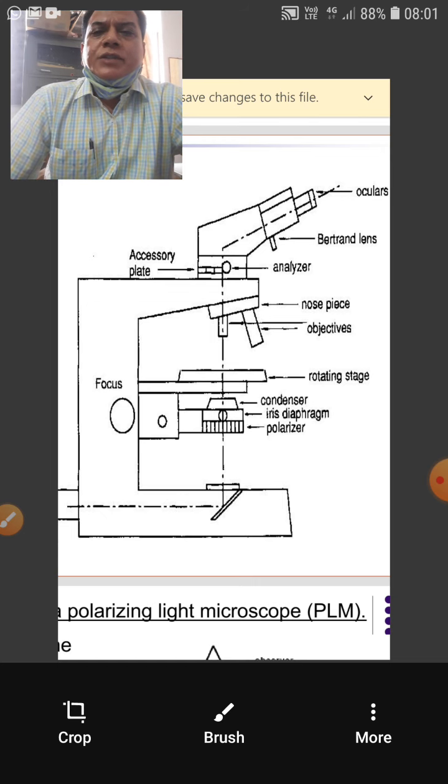If you reach a group, say that you are sure that it has two sets of cleavage and the angle is 56 and 124, naturally it belongs to the amphibole group. Further, which member it is will be decided on the basis of the extinction angle. Similarly, in case of pyroxenes, if the two sets of cleavage are perpendicular, forming 88 and 92 degree angles, that mineral belongs to your pyroxene group.